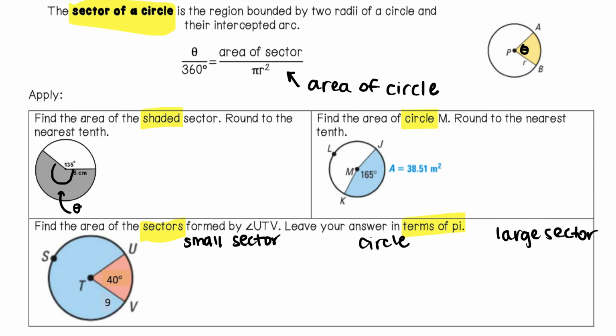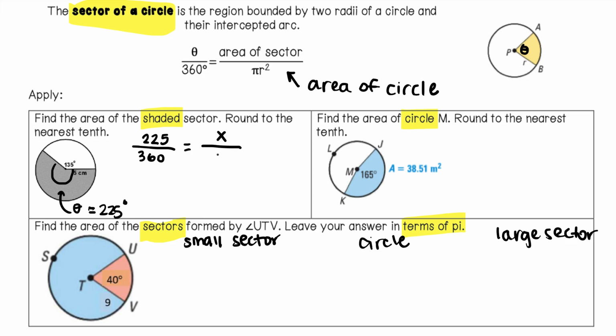In the first one, it says find the area of the shaded sector. So we can see that the 135 degrees is actually going with the white part of our circle, and so that is a sector on its own, but we want this gray sector here. So my theta in this case is not 135, but it's the whole circle minus 135. So my theta is actually worth 225 degrees here. So what I'm going to do is plug it into this formula and say, well, I want the region of the circle that is 225 degrees worth. Out of the whole circle of 360, I want that area, so x is what I want, the area of the sector,